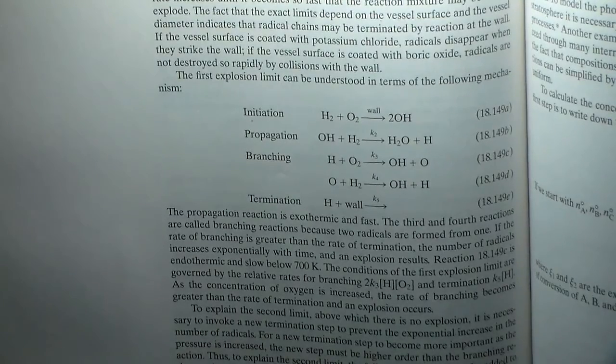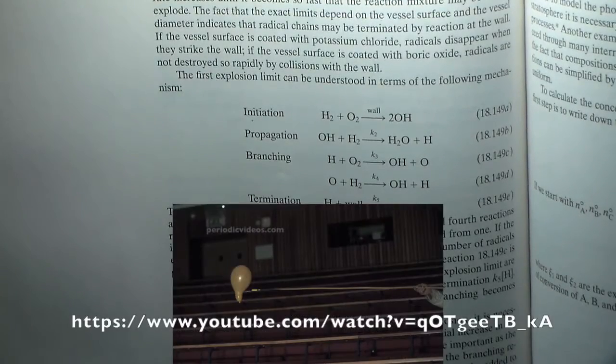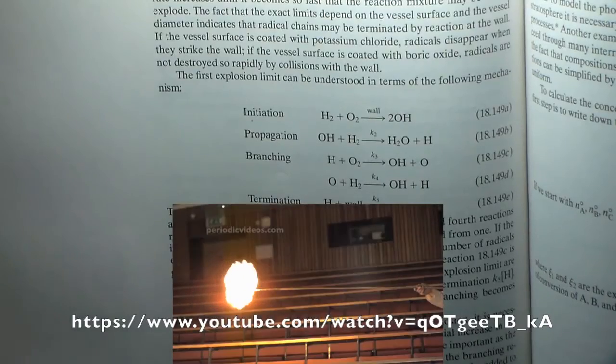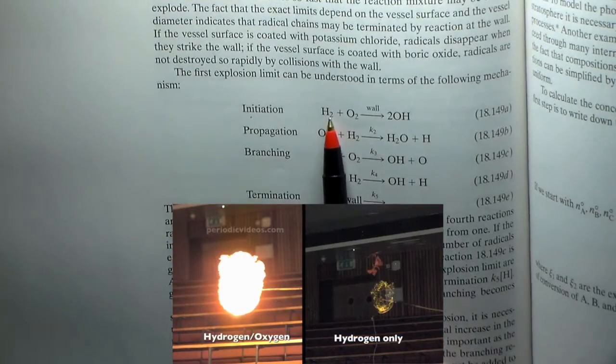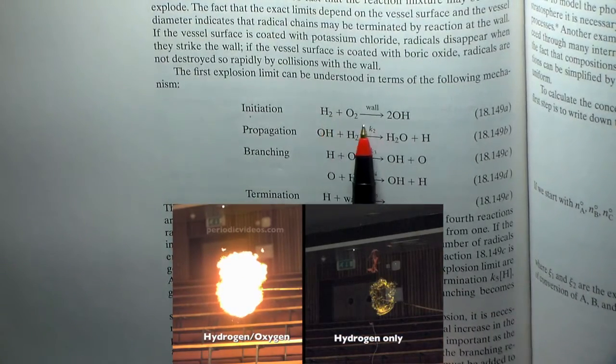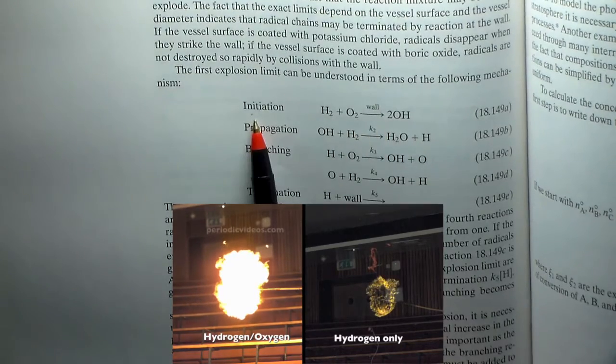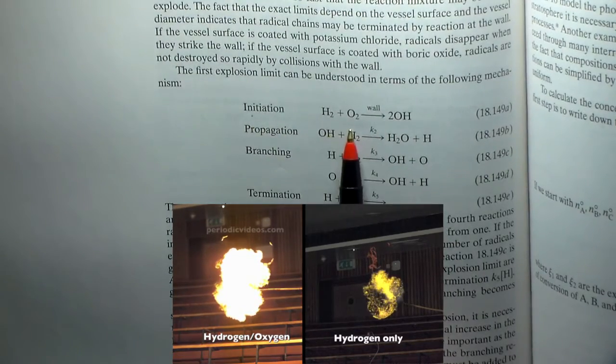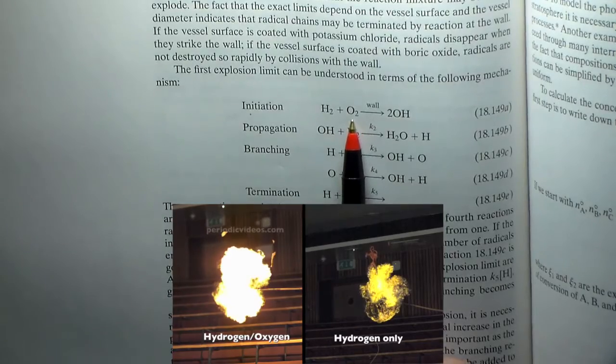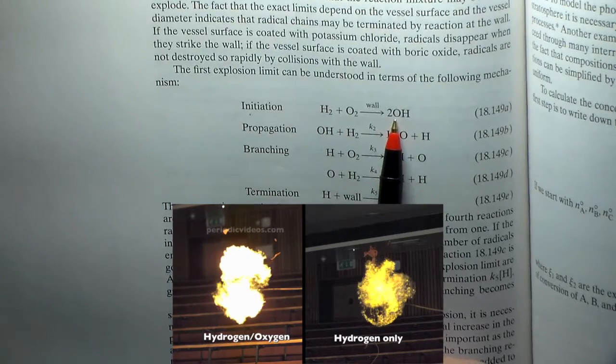Well, this is what actually happens when you mix together hydrogen and oxygen gases. And you probably may have seen the gigantic explosion. Well, what happens here is, for instance, here we have the hydrogen and the oxygen. There is an initiation step in which they bump into each other with enough energy, and they form two OH